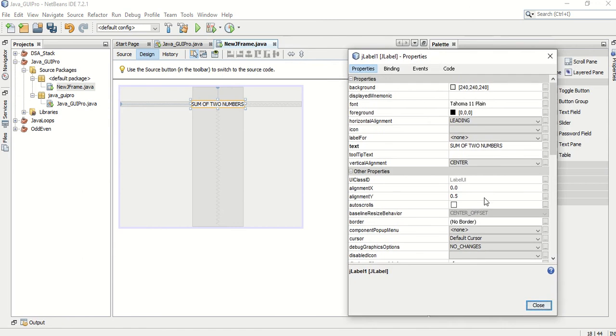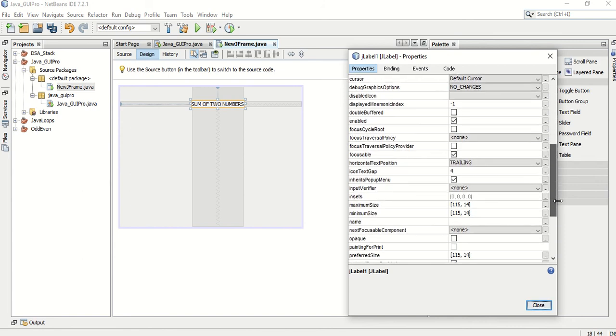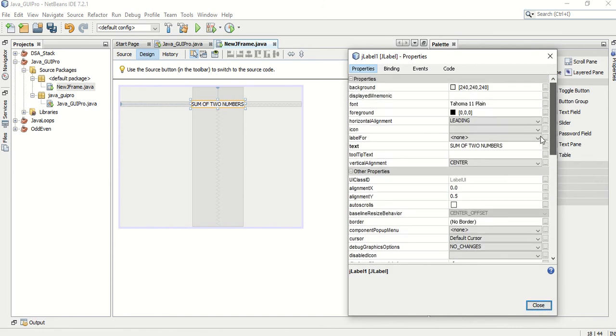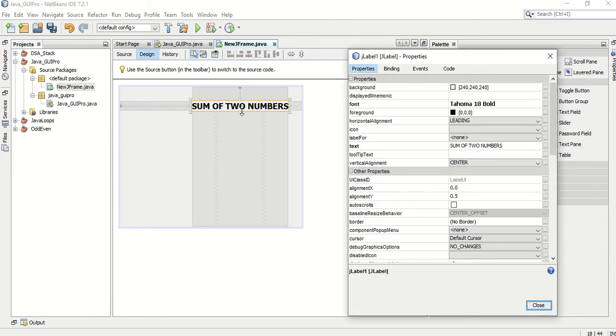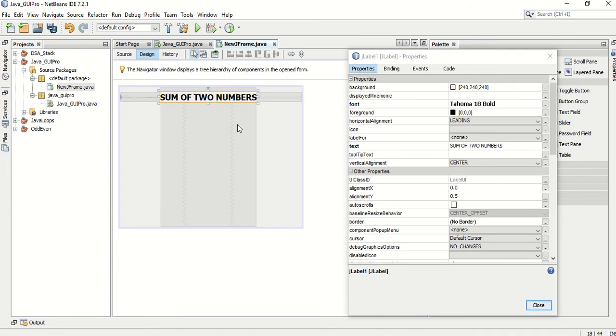Whatever the font color or font size or anything as you wish, you can change it here. 18 bold. I'm going to make this center.